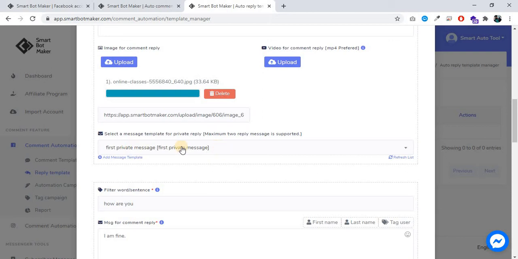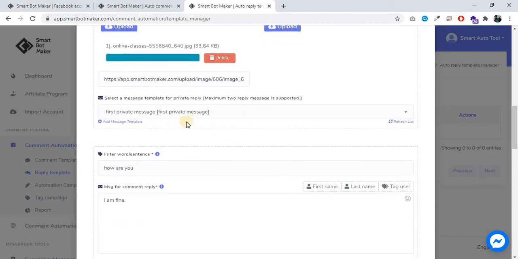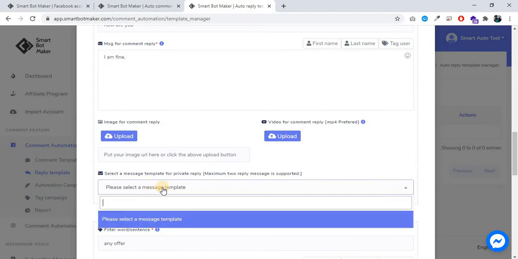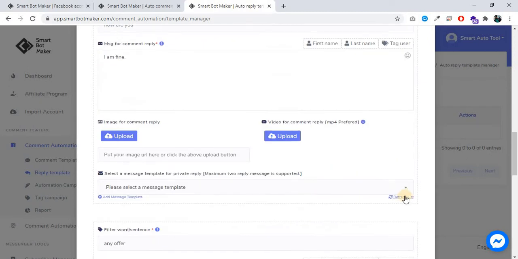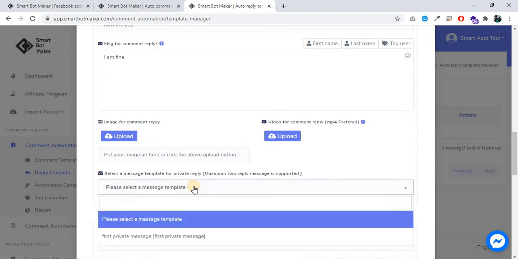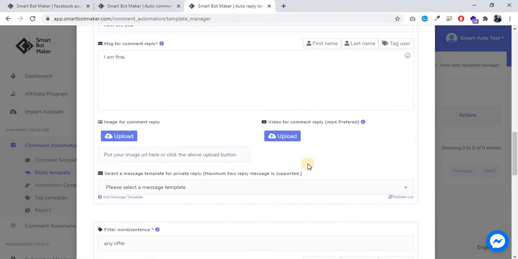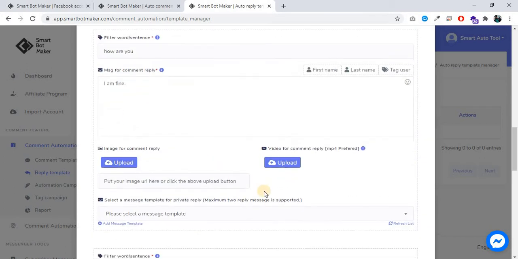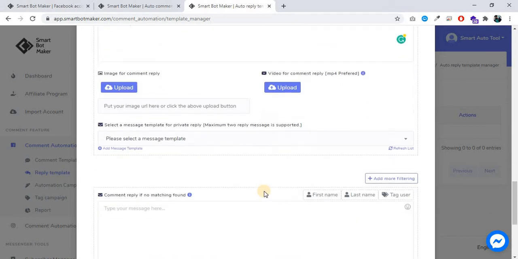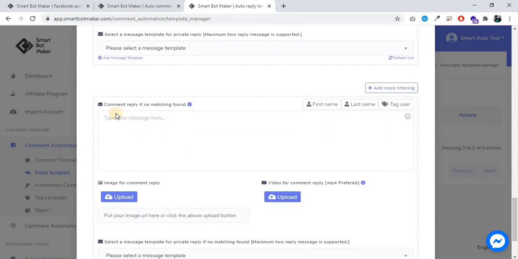Now you can see the private reply. First refresh the list, then you can select one private reply for all the comment replies. Okay, comment reply if no matching found.